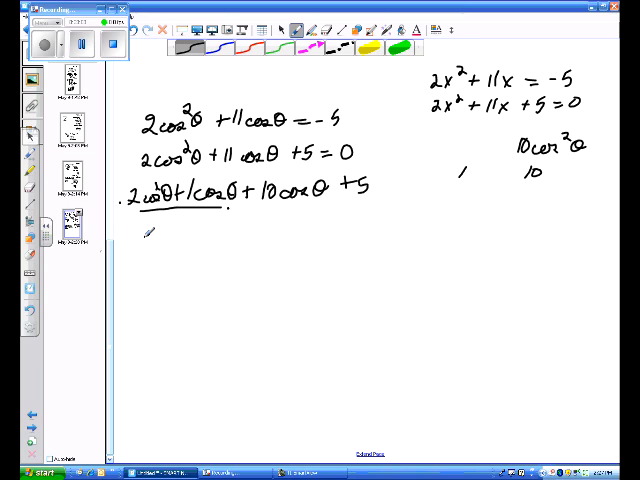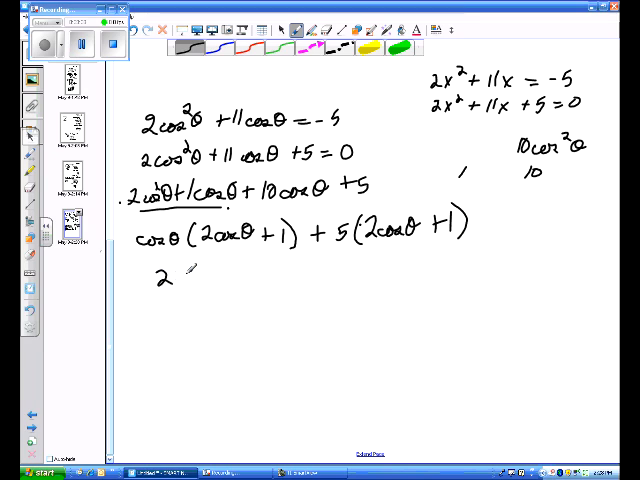Now we're going to factor by grouping. In this first group, we have a common factor of cosine theta. Cosine theta times 2 cosine theta would be 2 cosine squared theta, plus cosine theta times 1 would be cosine theta, plus the common factor for these two terms is 5. This is called factoring by grouping. 5 times 2 cosine theta would be 10 cosine theta. 5 times 1 is 5. Now we have the common factor of 2 cosine theta plus 1 times cosine theta plus 5